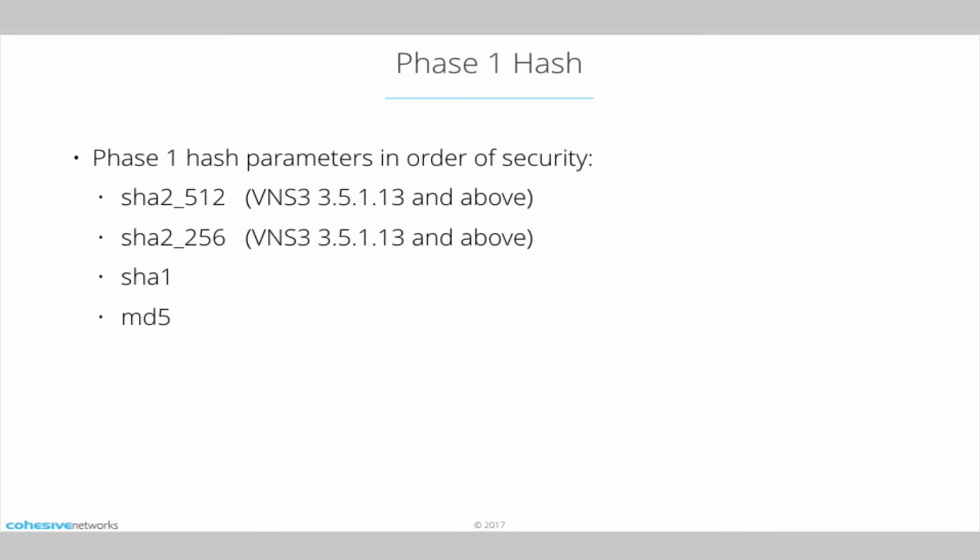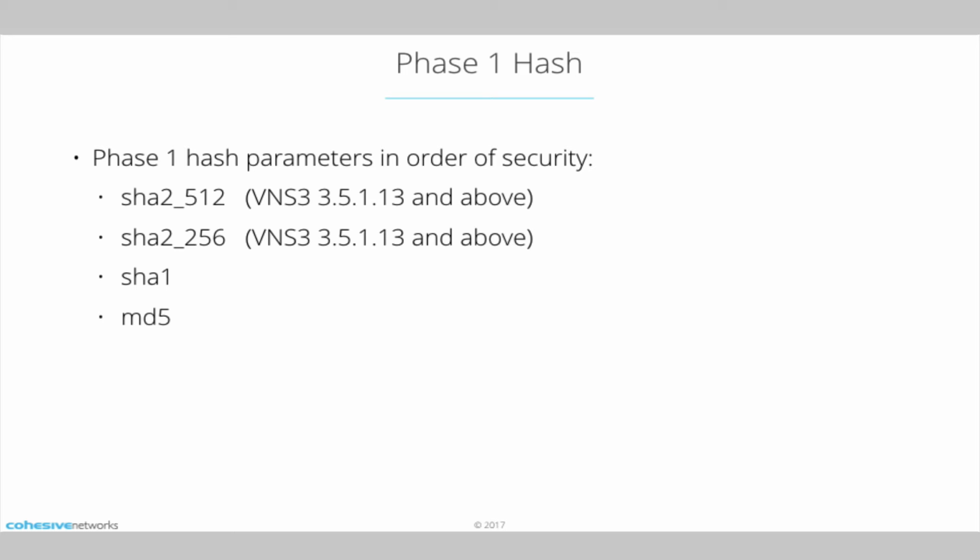The other part of the Phase 1 communication is the hash. This is a hash function that's used as part of the encrypted communication. With newer boxes and newer connections, people might be asking for SHA-2 as opposed to what was, and these are in order of security, MD5. MD5 is hardly used at all today. You'll run into that with an older box. You'll have a customer who has an end-of-life box, and they're going to ask you for 3DES, MD5,